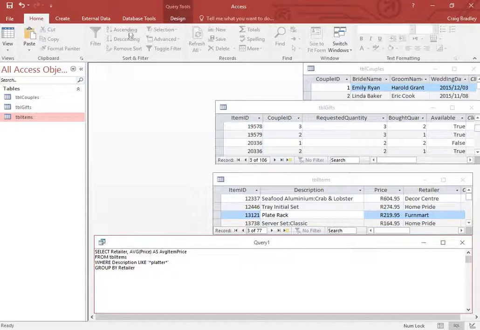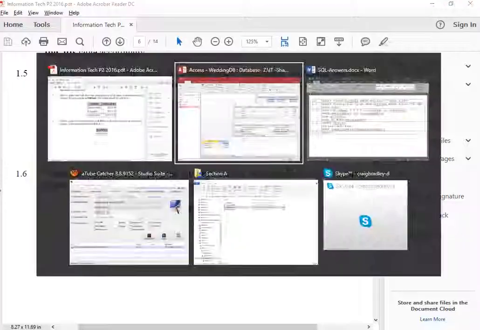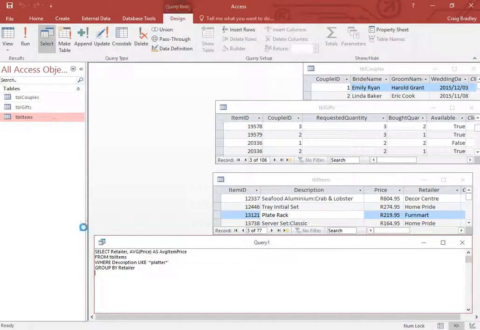Okay, now if we run this, decor center 511.45, FunMart 274.1754. So that is correct. We answered 100% correct. The SQL where comes before group by. Remember SQL in a nutshell, it shows you the order of things, and that does help because sometimes the order of things, if it's where before group by or group by before where, that can stop the having sort of things. So you need to remember the order of the commands,